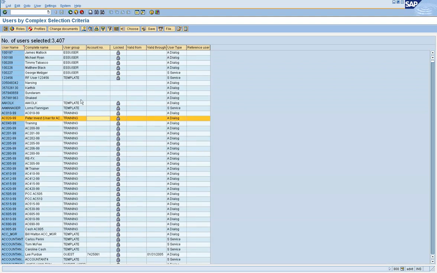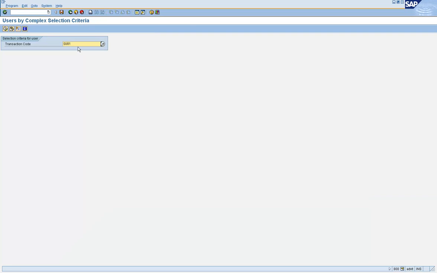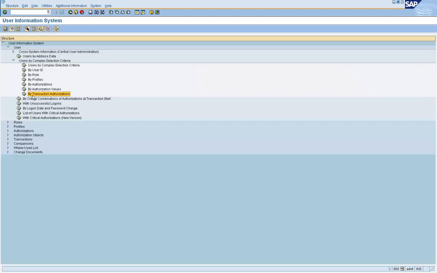Now, if you want to get this piece of information using tables, if you want to find out how many people have access to execute SE01, you first have to find out how many rows contain SE01, which is AGR_TCODES. Then using that list, you get into AGR_USERS, and that will give you the list of users. Which means those many people can execute the transaction. Understood? But what is this node under the user node? Under the user by transaction authorization.